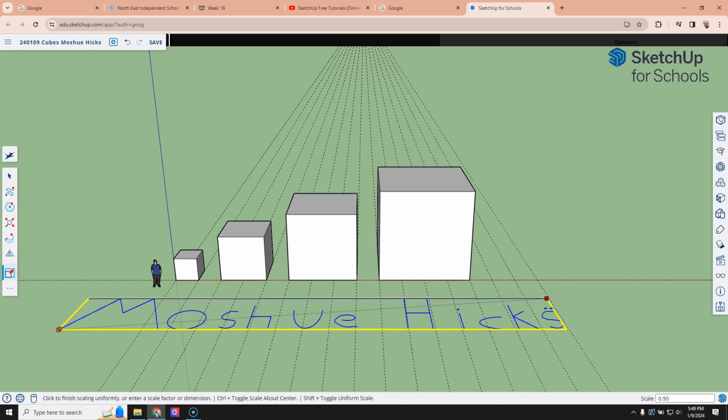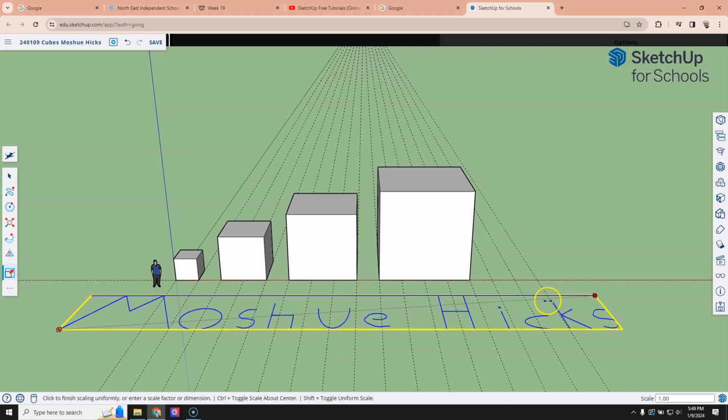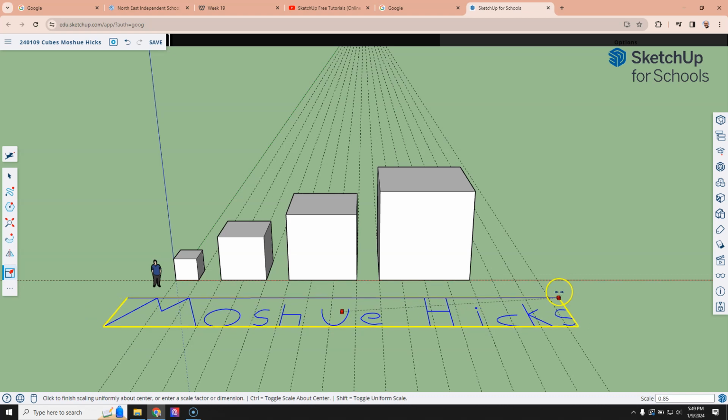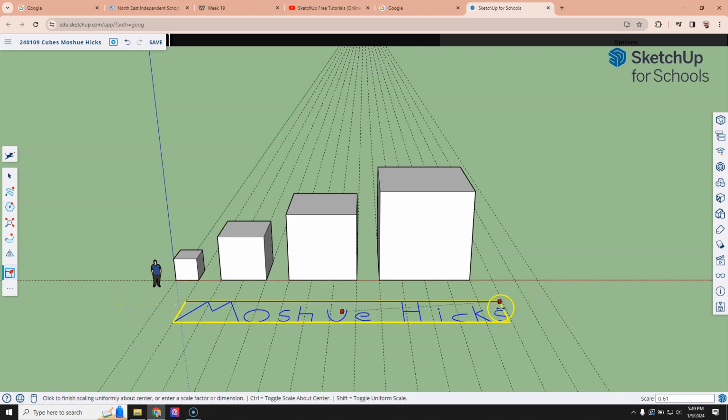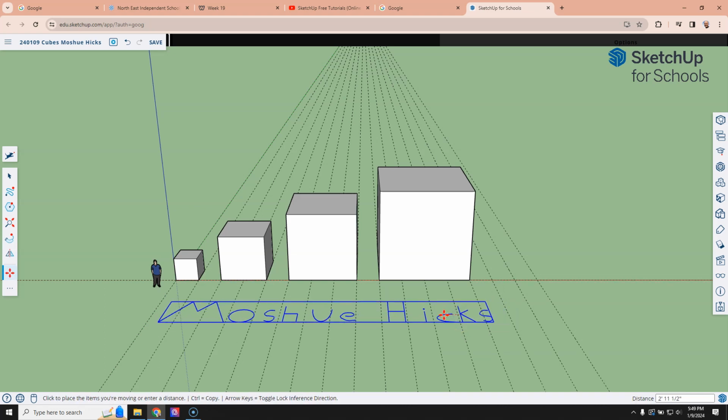Now if I hold down my Alt key or Control key, it will go towards the center. So I can do that. Again, holding down Control will center it. And when I click again, it's that new size. I'm going to press M to move and just kind of center it a little bit